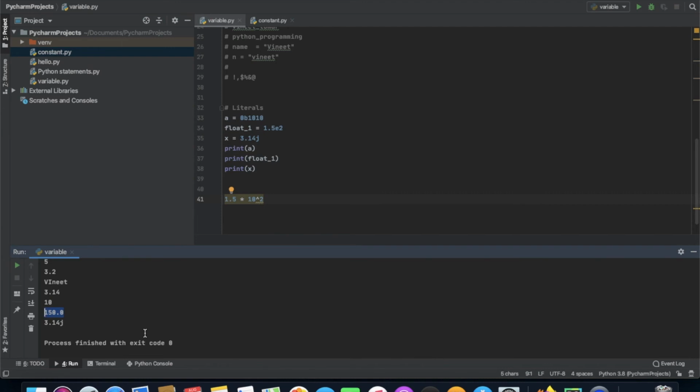What are string literals? A string literal is a sequence of characters surrounded by quotes. We can use single, double, or triple quotes for a string. And a character literal is a single character surrounded by single or double quotes. We will be looking into how we can use string literals in Python 3.